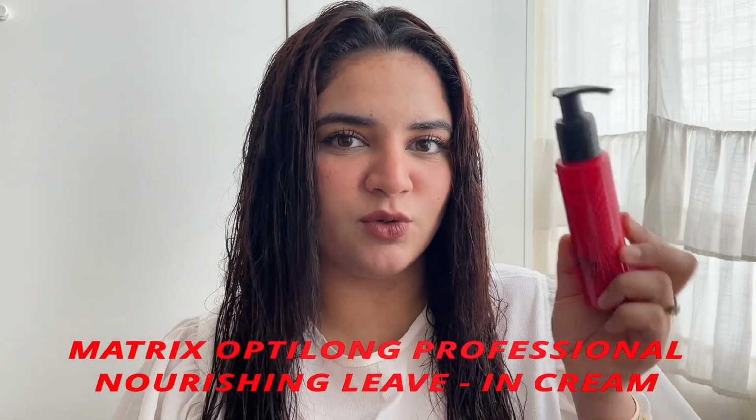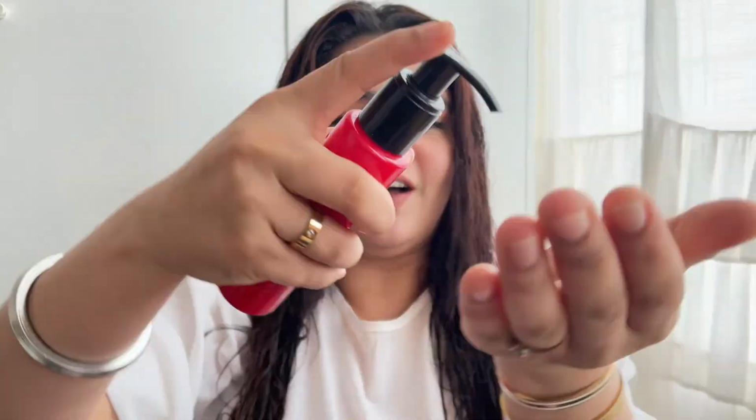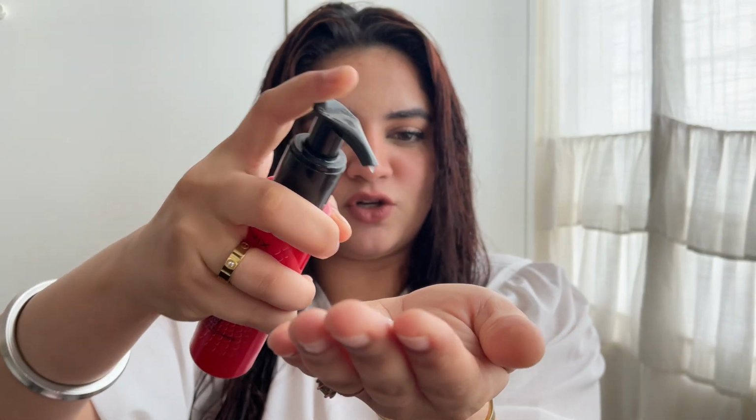So I've already washed and conditioned my hair using the Matrix Optilong range. I'm going to be using the Nourish Protect Professional Nourishing Leave-In Cream on my damp hair. Now I've towel dried my hair, and I use a microfiber towel on my head, and I dried most of it. So you want to apply this when your hair is semi dry. I love the consistency of this, it's pretty runny. So I take like 2 pumps of it. This is how it is. So I basically just take it on my hands